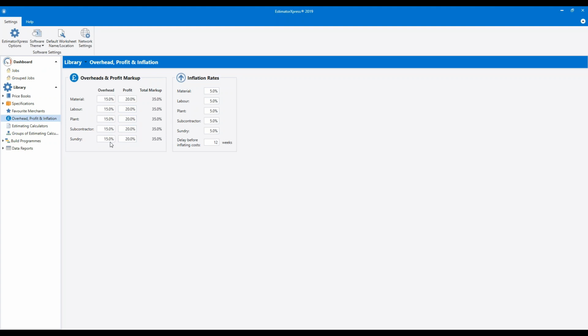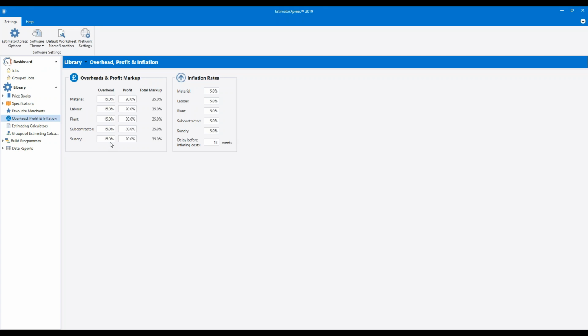Overheads obviously includes all of those costs which can't be accounted for in the estimate. So it's things like your office costs, your computers and printers and management costs, and all of those other overheads which need to be accounted for, because otherwise you're going to be losing a good chunk of your profit if you don't allow for that.